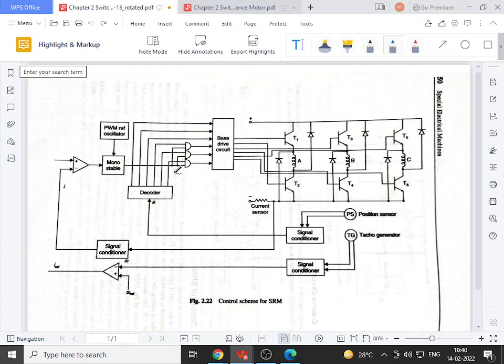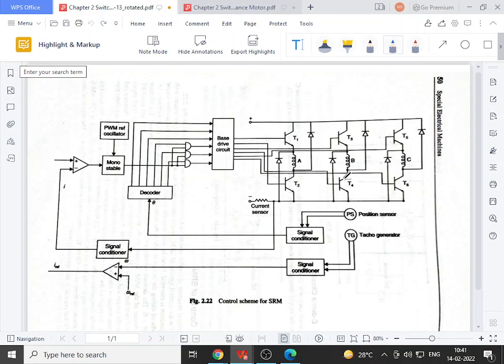Each of the three AND gates has two inputs. I think you are familiar with the truth table of an AND gate. So there are two inputs, and one input is the output of this decoder, that is, from the rotor position sensor. The second input is the output of a tacho generator, that is nothing but your chopping frequency. So the chopping frequency signal is always ANDed with the rotor position sensor.